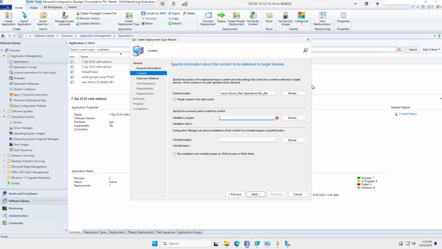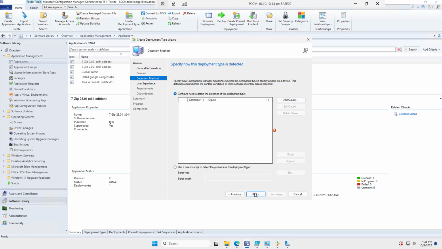This is the one we're going to copy. This is the install program, and then for the uninstall program we have to put uninstall here. We have to click next here,